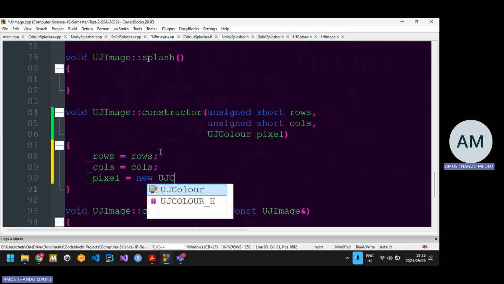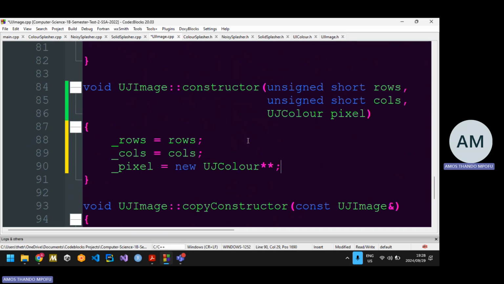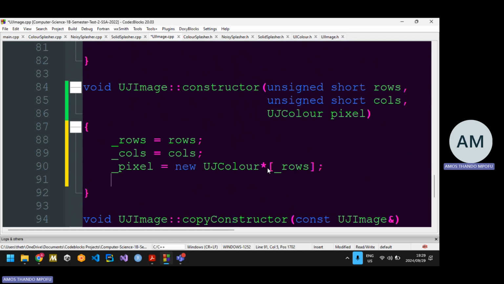So new UJ color, pointer, and remember what we have been talking about. The pointers here represent, you can think of them representing one dimension. So we start by allocating the outermost. You replace each pointer with square brackets, and then within the square brackets, you provide how big that dimension should be. So this will be as big as the number of rows,